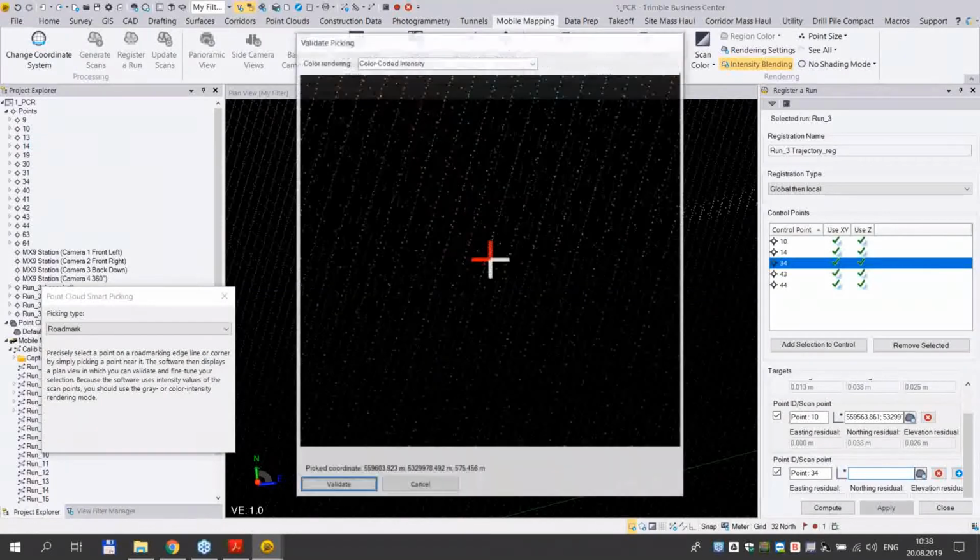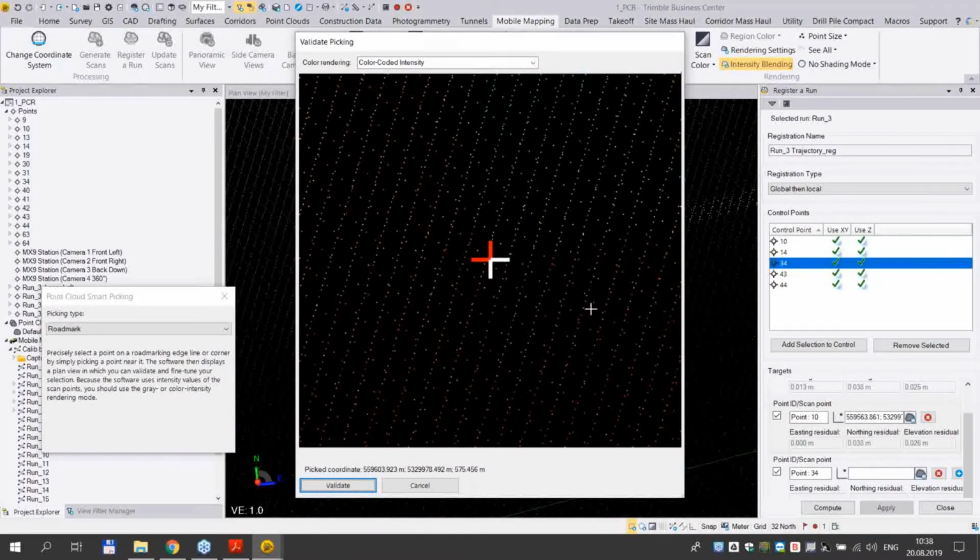I will see that is not so clear the information given by the intensity values of the point cloud. That's why I can also use this validate picking window to manually adjust the coordinates that are selected for this target point. Here, as I said, visually it's very difficult to see where I'm picking the point, so I will